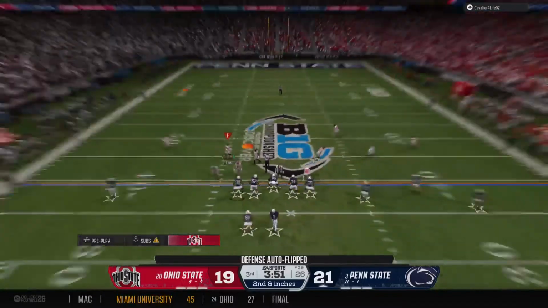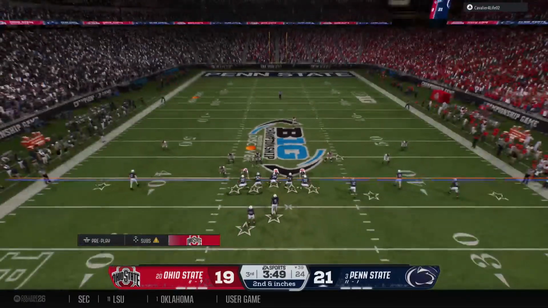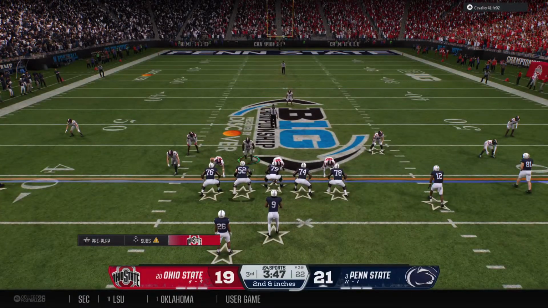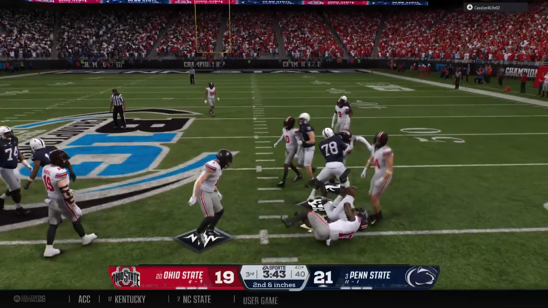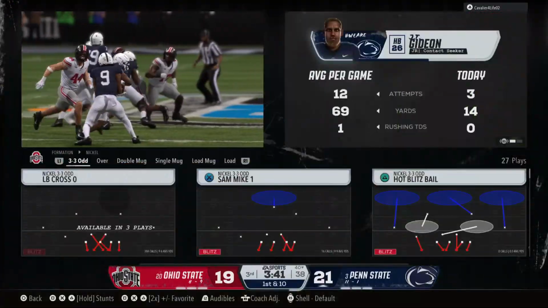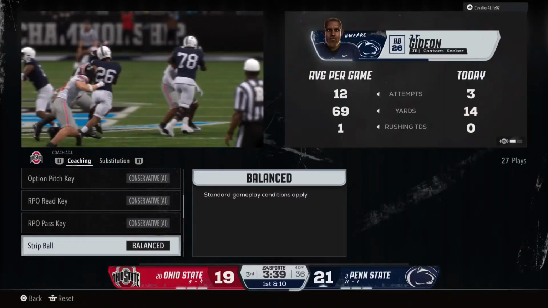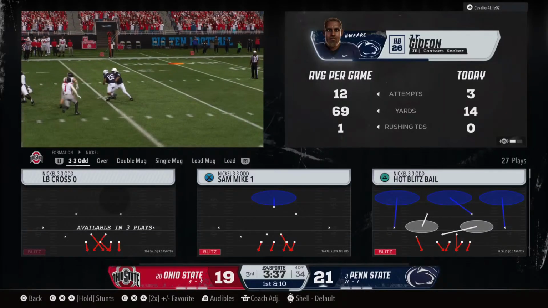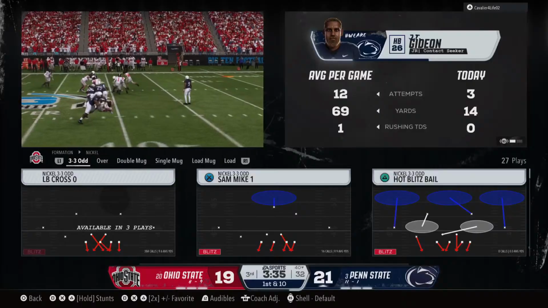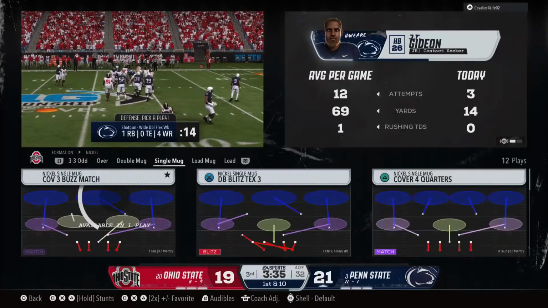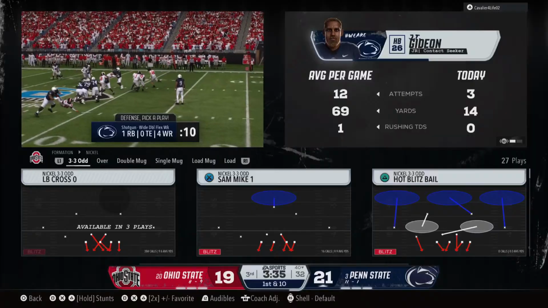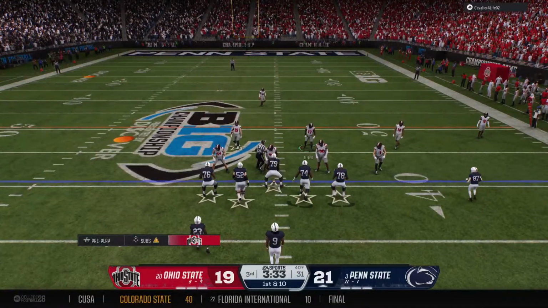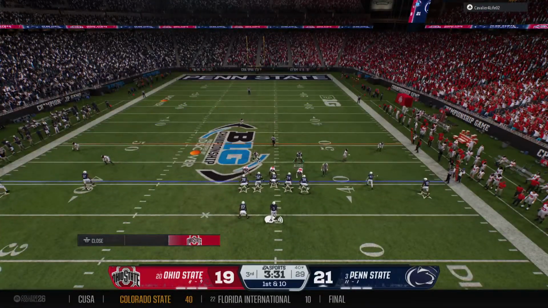Second down after that run in the previous play. Trying to flex the ground game here. Running back takes the handoff. Physical run earns the first down. Hey, it's not a lot, but you know what? It's enough for the first down. Move those sticks and keep this drive going. The Nittany Lions pick up first down yards to keep the drive going.